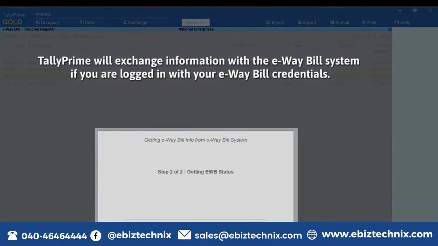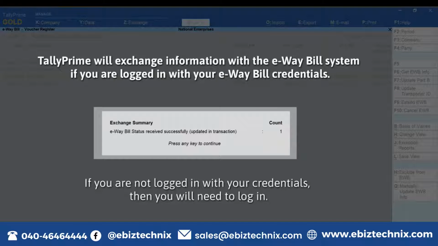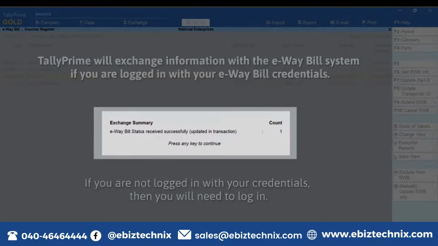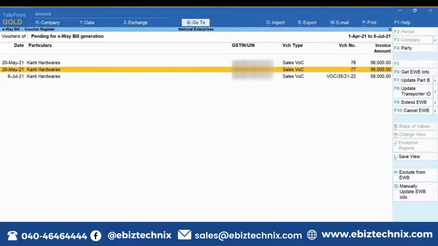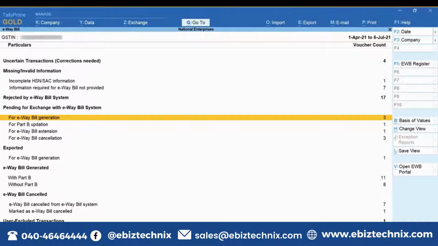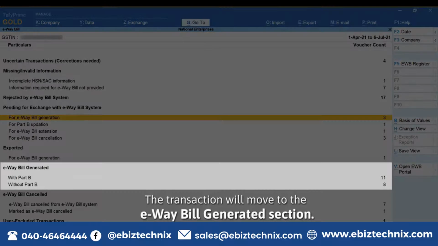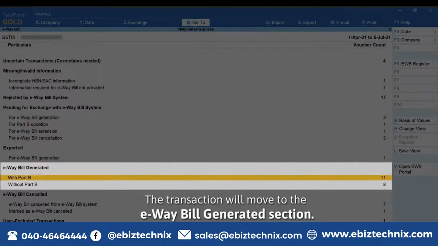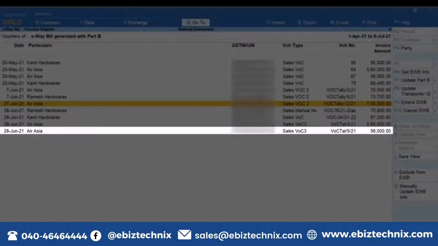Tally Prime will exchange information with the e-way bill system provided you are logged in with your e-way bill credentials. Subsequently, the e-way bill information will get updated in Tally Prime and the transaction will move to the e-way bill generated section.